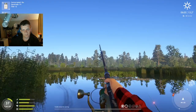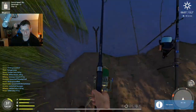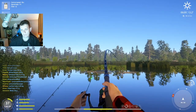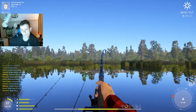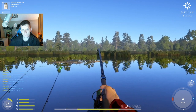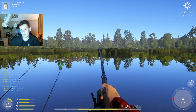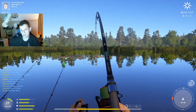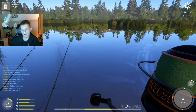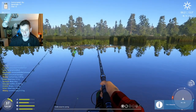There's another nice one. Unless this is like a black carp or a golden tench. If that's the case, I'll keep the same stuff on. But if it's just another common, we're going to switch to potatoes on this one. It's a nice common, but...